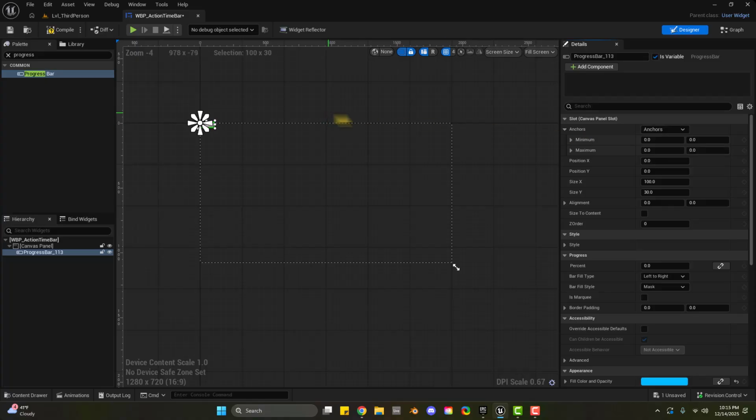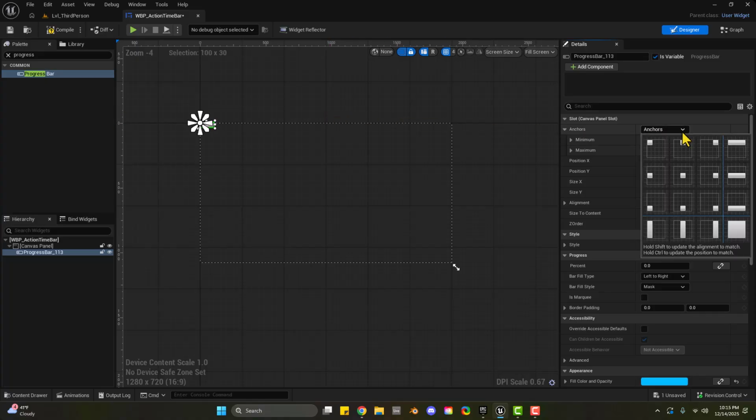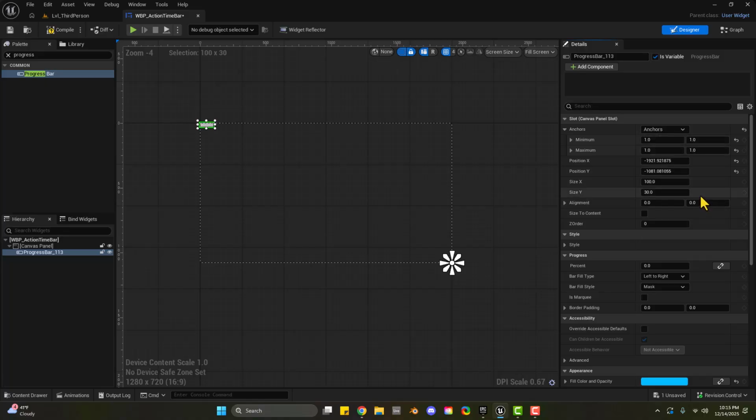So where do I want this action time bar? I guess in the long run, I want it towards the bottom right. So I'm going to click bottom right, and then you'll see the position relative to the anchor is changed here. I'll edit, undo, Control Z, and you see those numbers update, Control Y to redo. And then I'm going to click this left pointing arrow. This is always really handy to reset